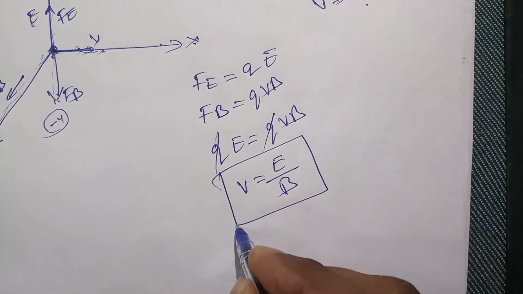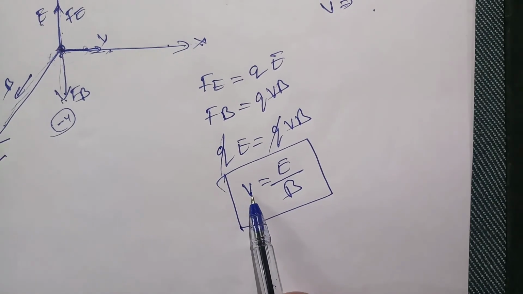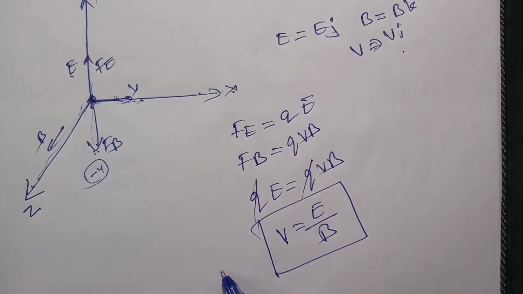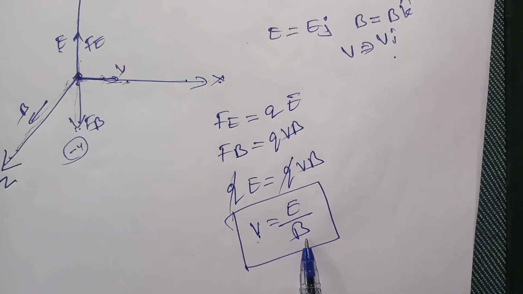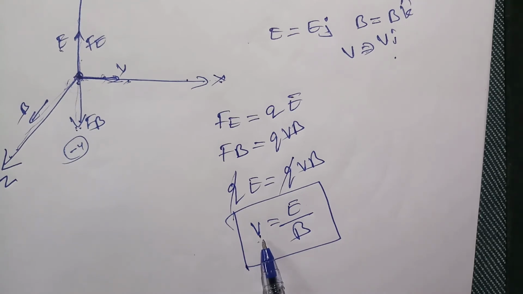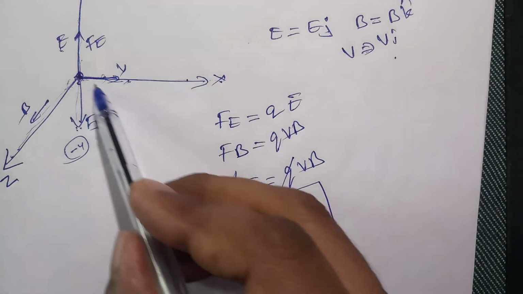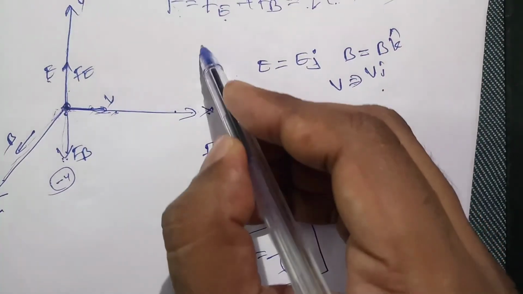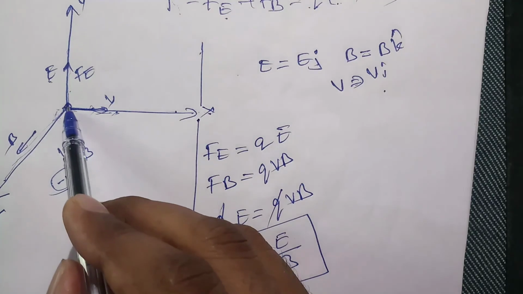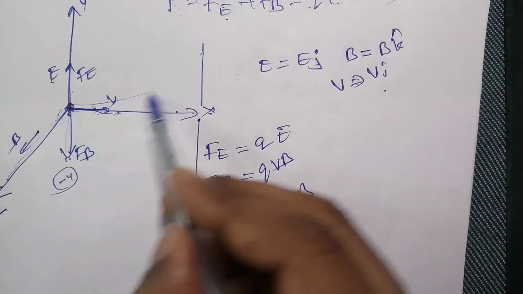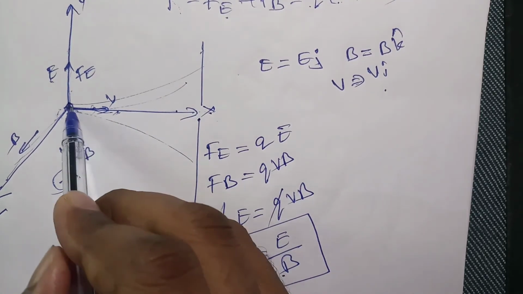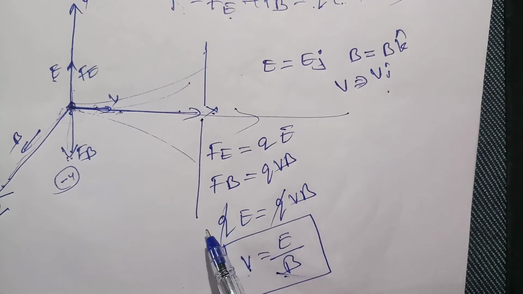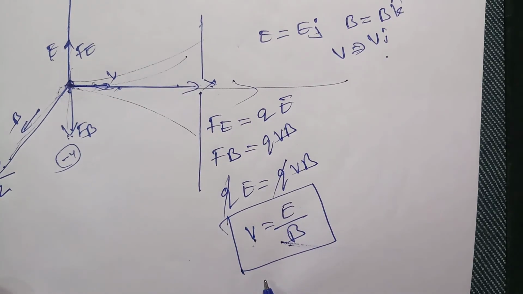This is the most important equation. So the one charged particle which is moving straight here without bending, its velocity is given by E by B. So whichever velocity you want, according to that one, we can adjust the value of the electric field and magnetic field so that the desired velocity particle, for example, if you have a hole here like this, the ones which have less and more velocity will go and hit this wall. The correct one which is satisfying this condition will pass through this hole like this. So that we can use this as a velocity selector.